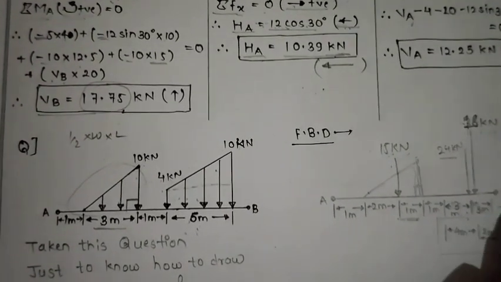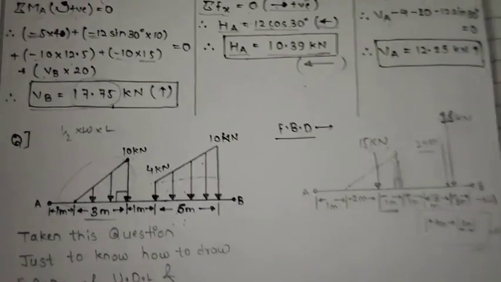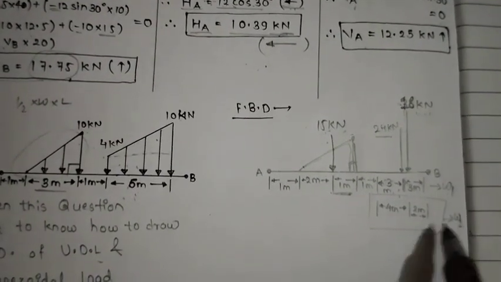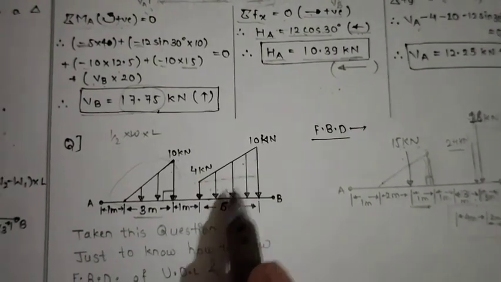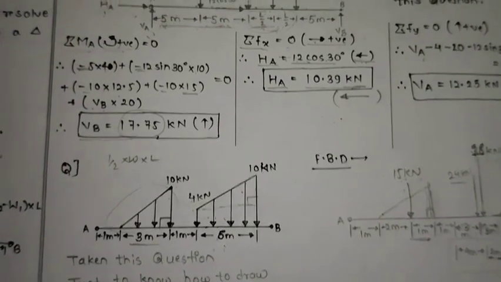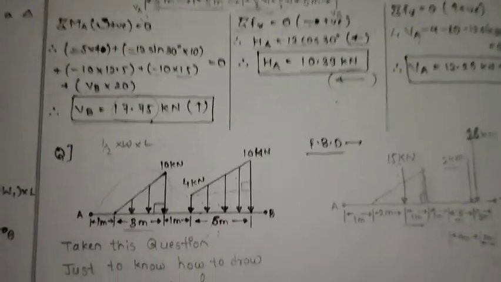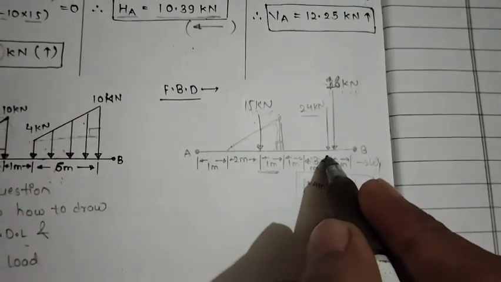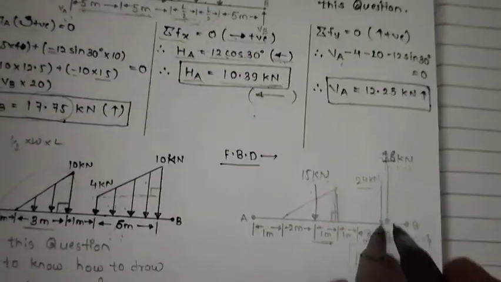Guys, this distance is for W1 and this distance is for W2. You can write this in your paper as well, that this distance I have considered for W1 and this for W2. So for W2, for finding the distance of the triangle, as I have told you, you have to start from the near point of the 90 degree, and the point where the force will act is the L by 3 point, that is 6 divided by 3, that is 2 meter. So as you can see, this force is acting at a 2 meter distance from the 90 degree.